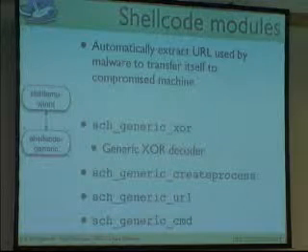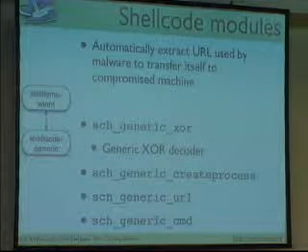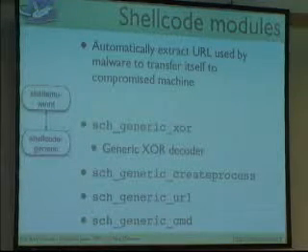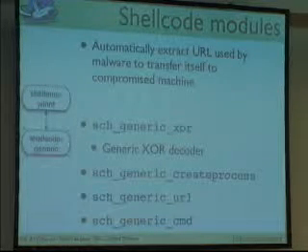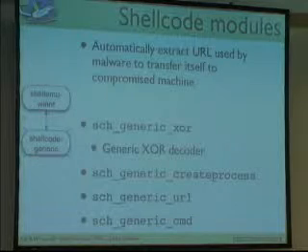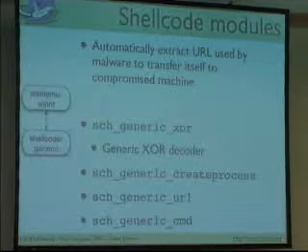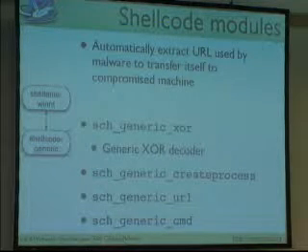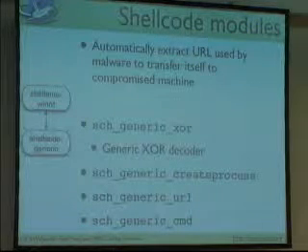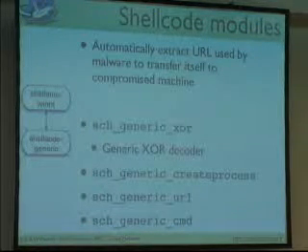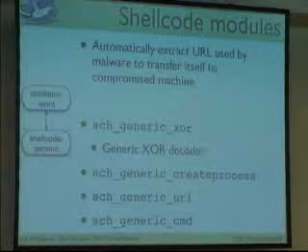If you have ever dealt with shellcodes before, you're probably familiar with the principle of decoder headers. What this is: you have a simple shellcode which is encrypted, and you have a very short assembler code in front of the actual shellcode which decrypts or decodes, however you want to name it, the actual shellcode with some simple XOR or whatever. So we have some generic XOR patterns. These are actually PCRE patterns we're using, which detect which encoder is being used, extract the key, and then we can de-XOR them ourselves.